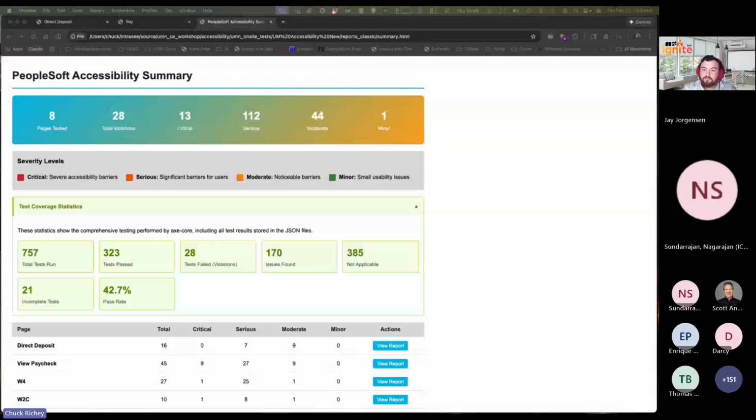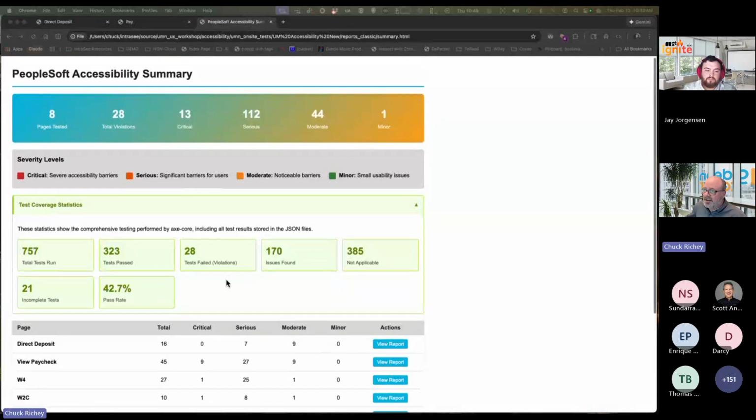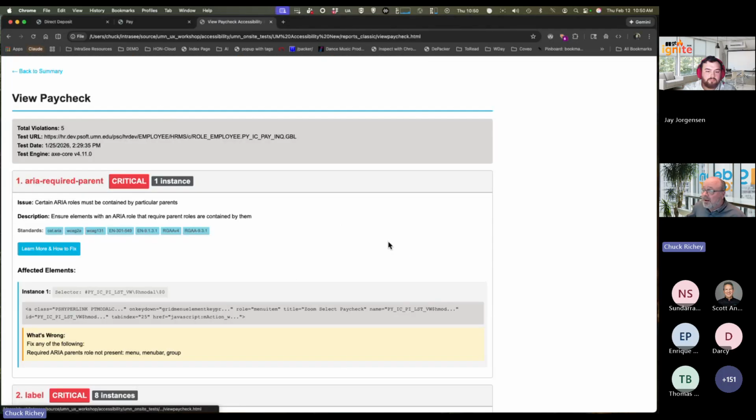So real quick, I did want to show this report. This is a report we ran against some classic pages. Really, each page that we looked at, we have a report. We come in, view the report, and it gives a little bit more detail. It has the actual URL, the page, and it pulls some of the elements and some of the